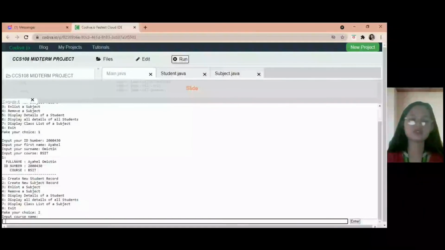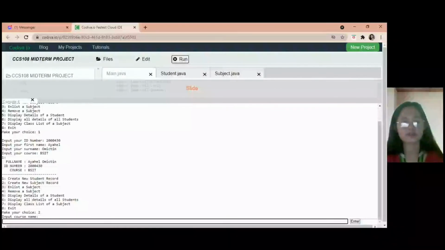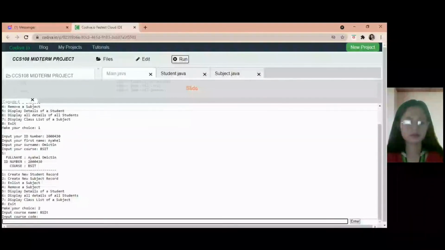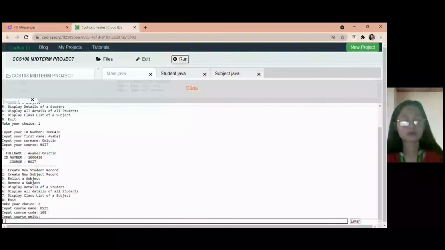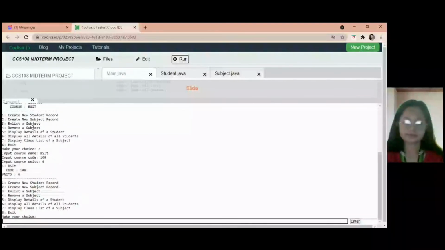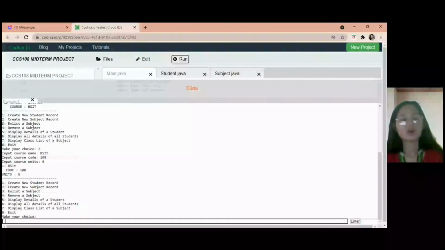Number 2, which is create new student subject record. The program asks the user to input their course name. I'm going to input BSIT, then the course code, 108. The program asks the user to input its course unit. For example, I'm going to input 6. As you can see, the program outputs the course, which is BSIT, the code, which is 108, and the units,